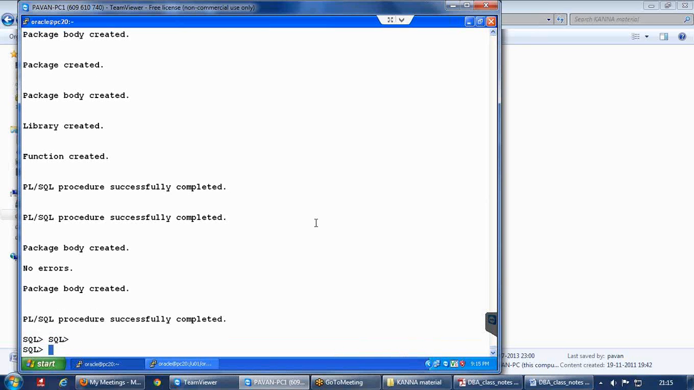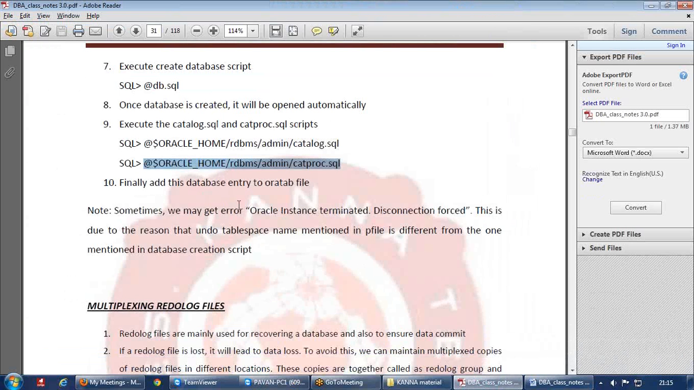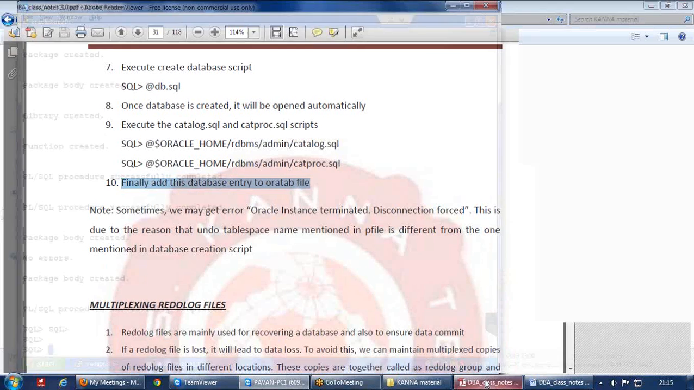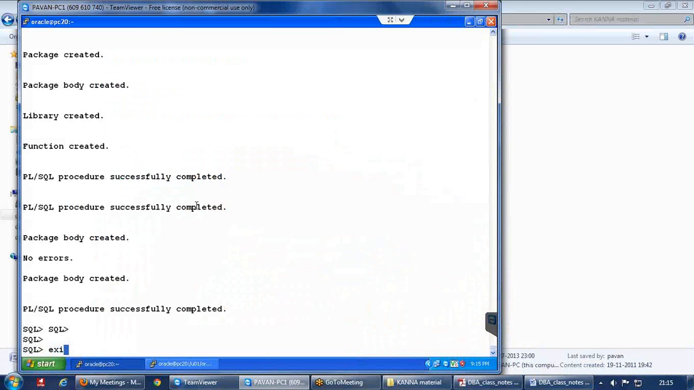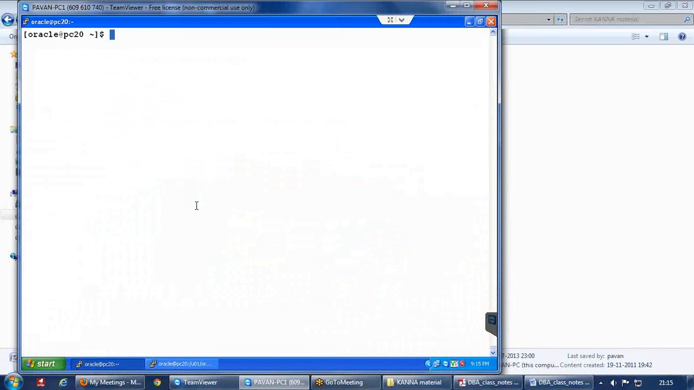Okay, so now catproc.sql also got completed. So now we have the last and final step, that is to add this database entry to a file called the oratab file. So there will be a file called oratab. So I don't know how many of you remember this. This file is actually going to get created